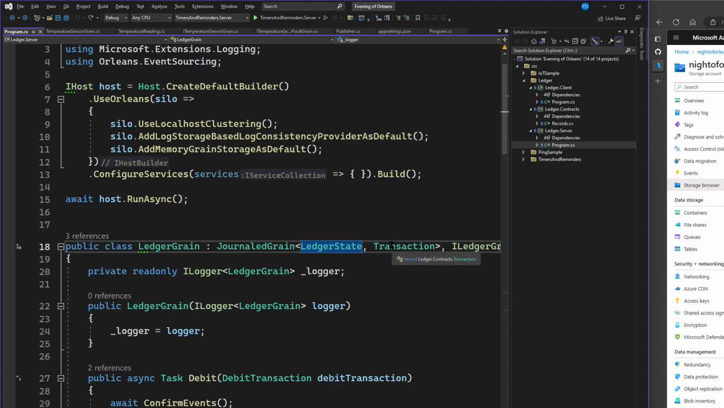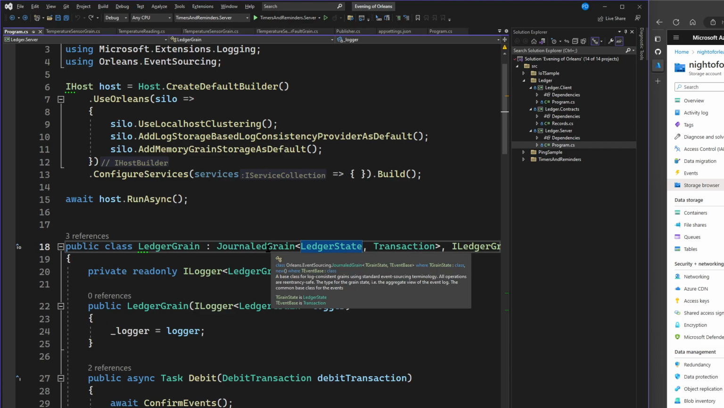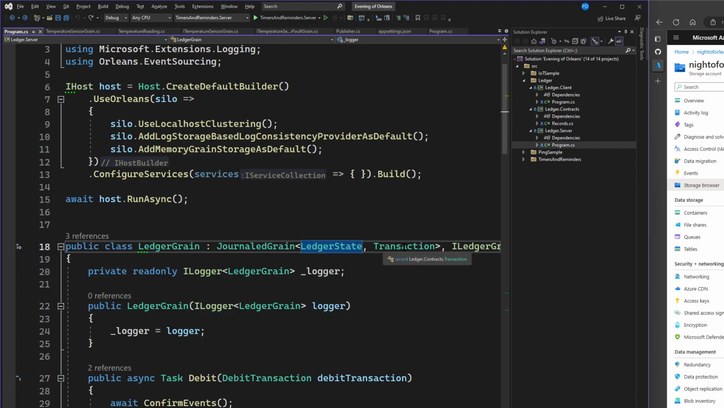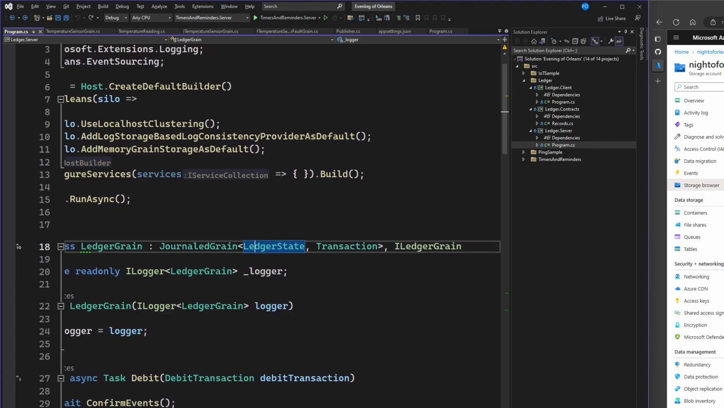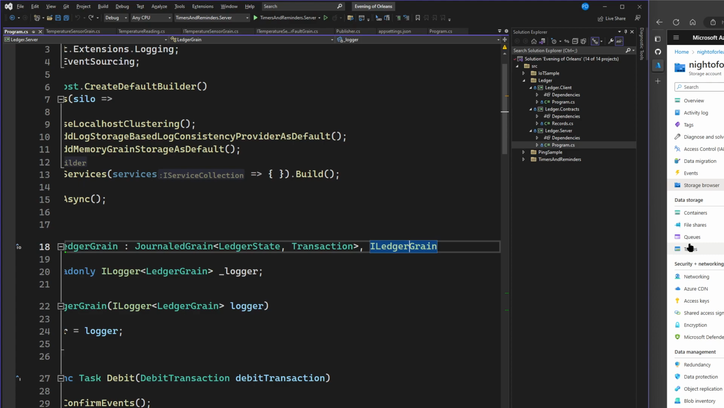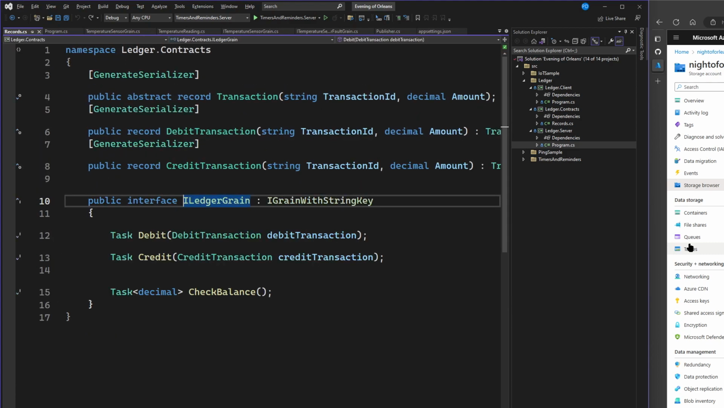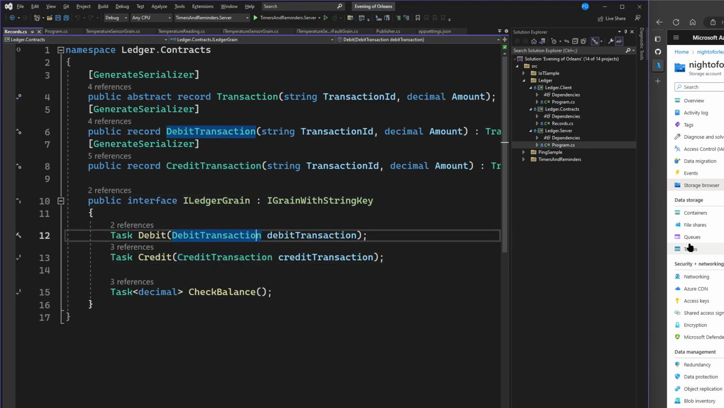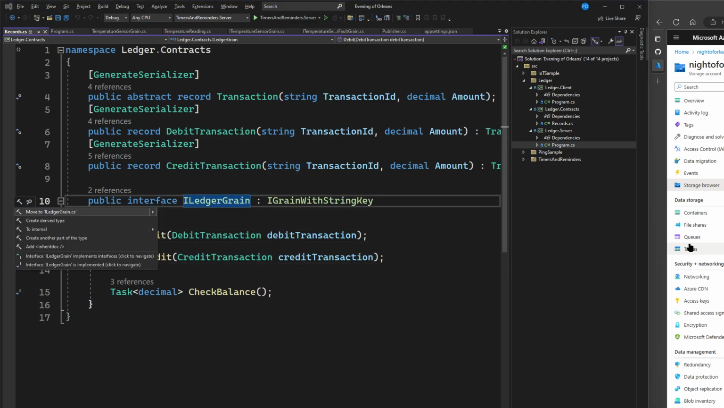And then I have the event type. So our journal grain has a TGrainState and a TEventBase, right? So our state is a ledger and our event is a transaction. And I have our ILedgerGrain. And remember, there's no difference here, it's just, in our case, a grain with string key. And I'm calling in that we have a debit and credit transaction. So our debit is going to take a debit transaction, our credit is going to take a credit transaction, and we can return a decimal that's a check balance,